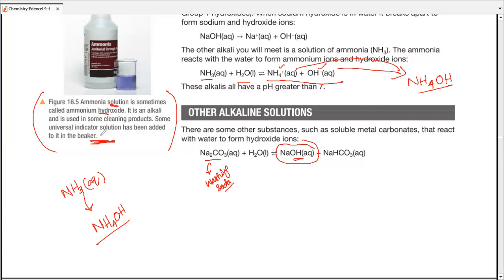Some universal indicator solution has been added to it, and you can see the color blue, which gives us the idea that it's a weak alkali. Moving on,